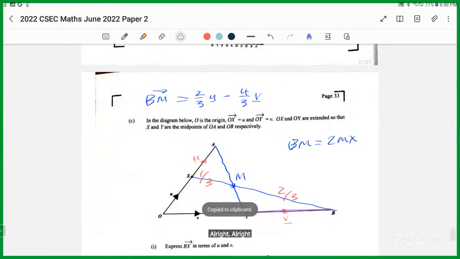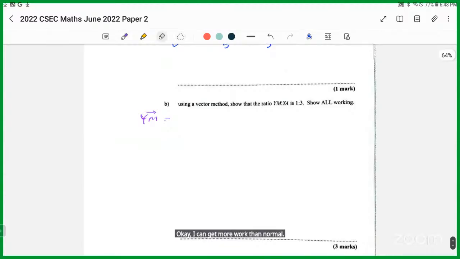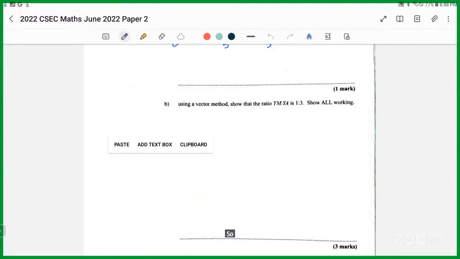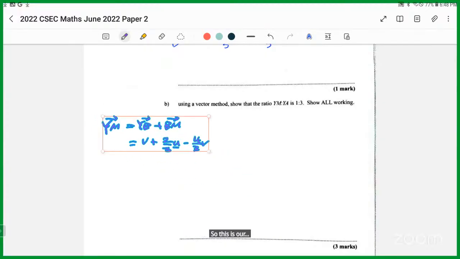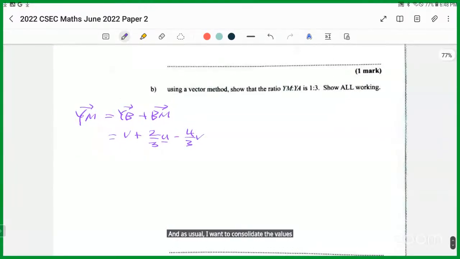Alright, this question requires a little bit more work than normal, but no matter. It's 3 marks for this, so it requires some effort. So this is our YM right now. And as usual, I want to consolidate the values. Now, this is a whole v